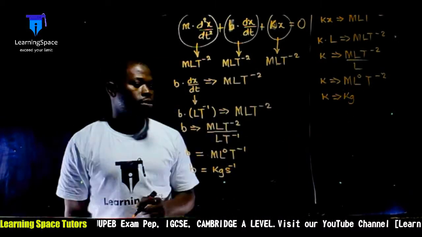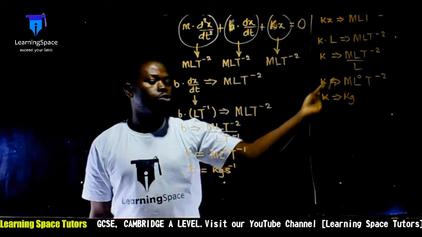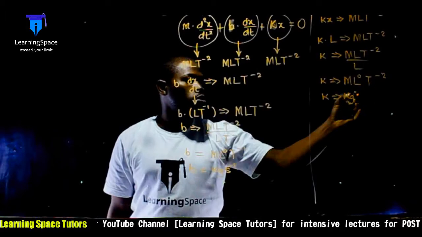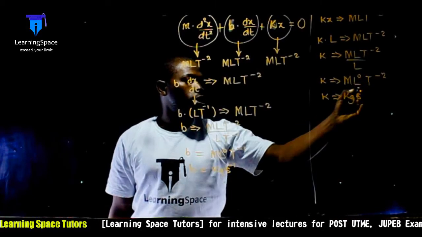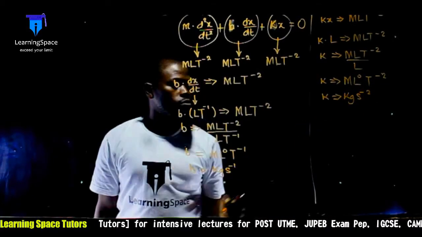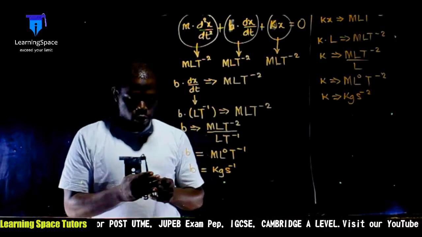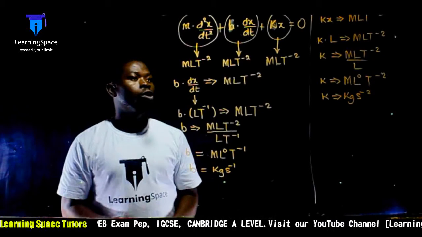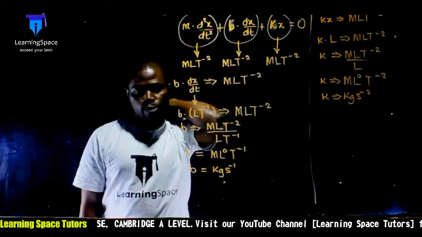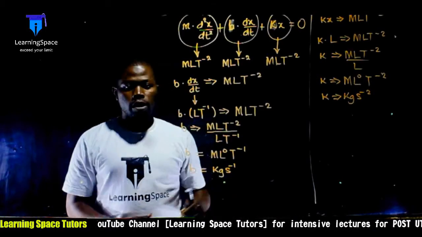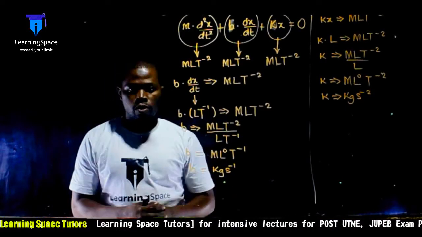For length, it is no longer there because anything raised to power 0 is 1. Then time is measured in seconds, and the power here is minus 2. So our dimension analysis will enable us to obtain the units of the constants that you are given in the equation. Let's get to question